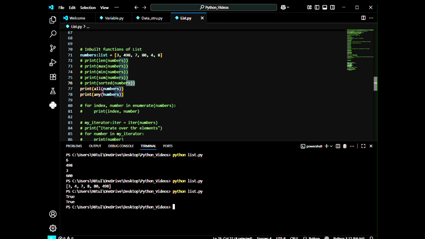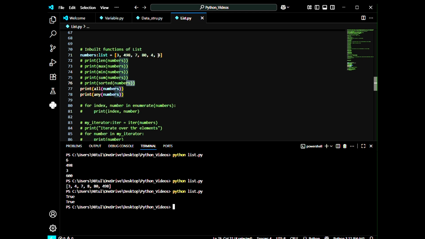The all function means if no element in this list is 0, then it will give us true, or if any element is 0, then it will give us false. And the any function will give us true if any number is true, that means if any number is non-zero.